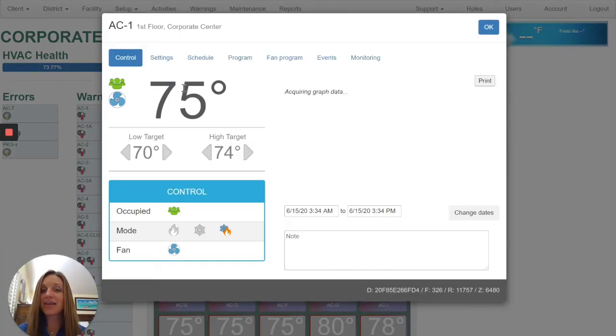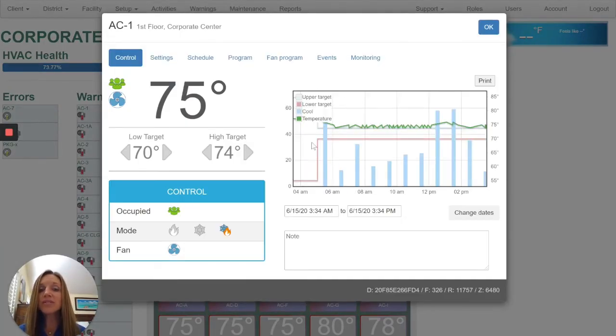If you want to look and see what is going on inside any of your rooms, you can click on it. And what you will see here is the temperature set point you're asking for. The green line is the temperature, and you can see what it was at every point of the day. And down here, it shows you how many minutes the HVAC had to run to bring the room to the correct temperature.